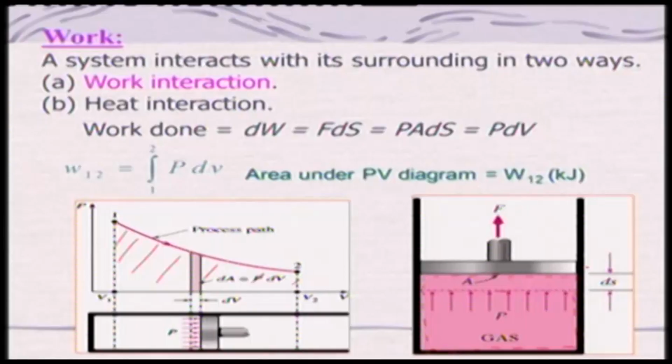But the work is basically not the energy, it is the energy in transit. It occurs during the process. That means it is basically a boundary phenomenon. If you look at it this way, the piston is moving, right? That is the system boundary changing. Earlier it started with this, and then after the displacement it has moved a distance. So therefore we call work a boundary phenomenon.